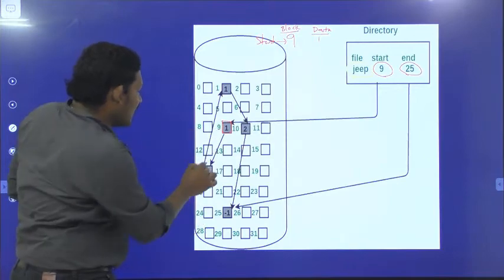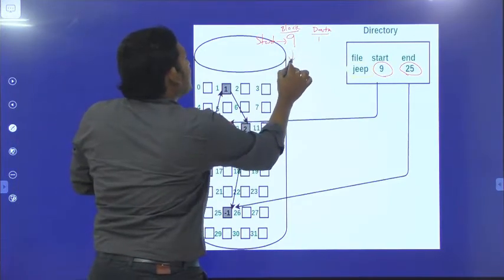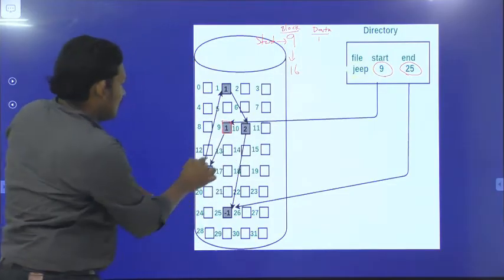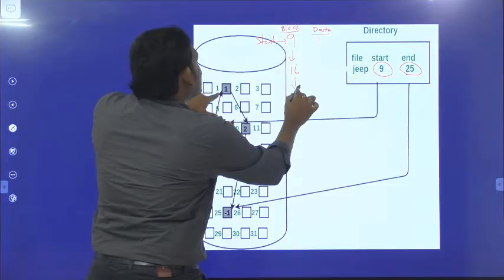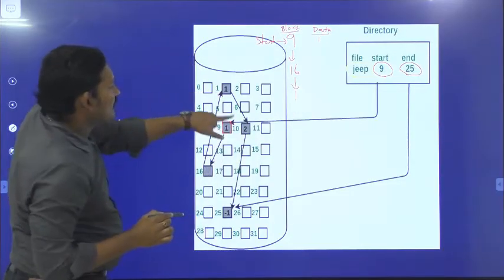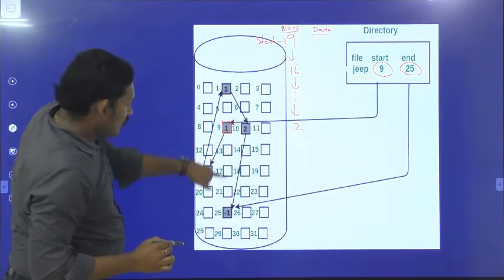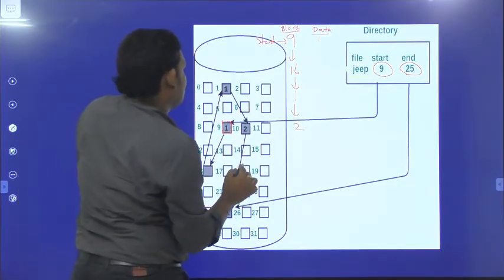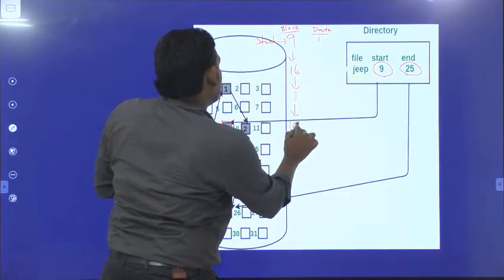So inside 9, the data is 16. From 9 we went to 16. From 16 we went to 1. Not 2, from 1 we went to 10.